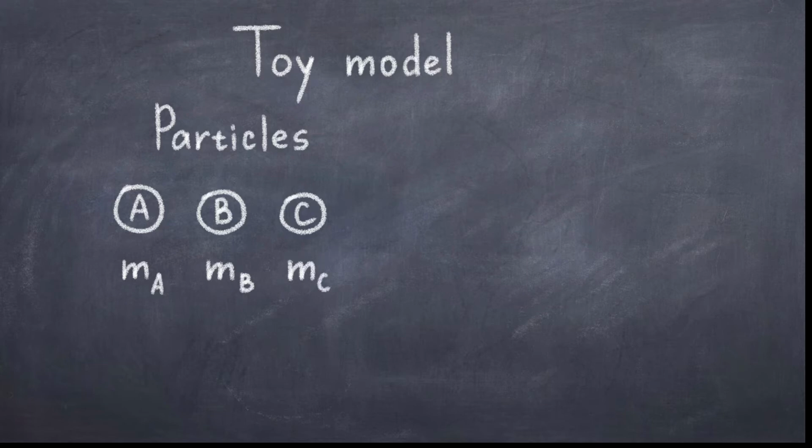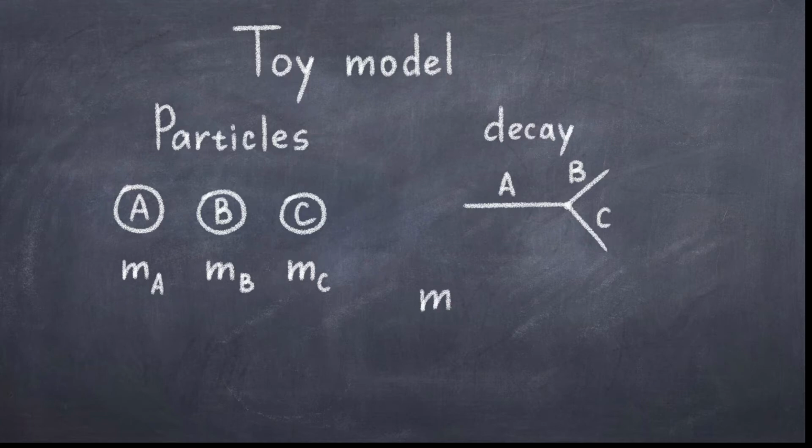The simplest process we could come up with would therefore be the decay of the heaviest particle into the two lighter particles. Now, when drawing any process, we must firstly make sure that the process is kinematically allowed. This is to make sure that we do not violate conservation of energy. Thus, if we say that particle A is the heaviest, then the combined mass of particle B and C must be the same or less than the mass of particle A. This gives the following relation. MA is larger or equal to the sum of MB plus MC.